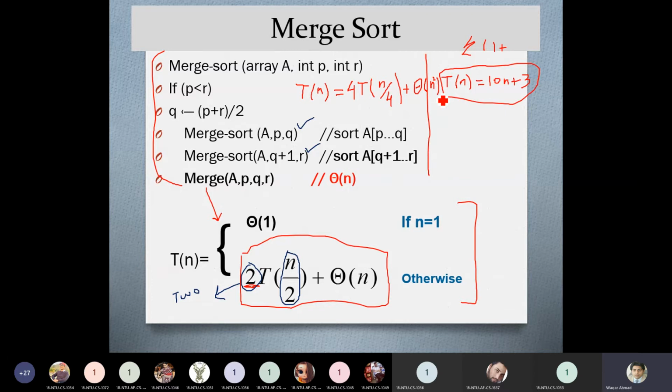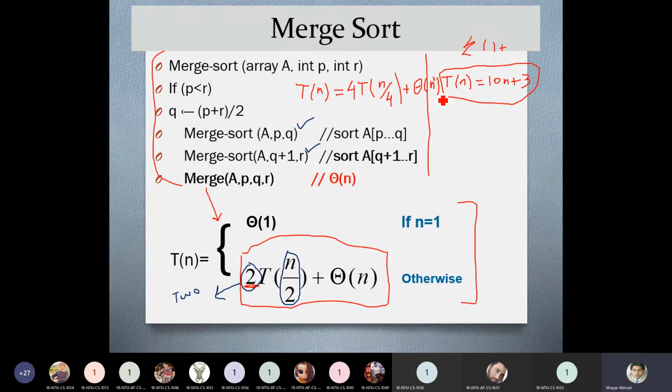I've only written the recursive part of the equation. Just keep in mind, most of the time we only deal with the recursive part. We simply ignore the base part, but you must remember we always have a base part, which is most of the time theta 1, or constant time.